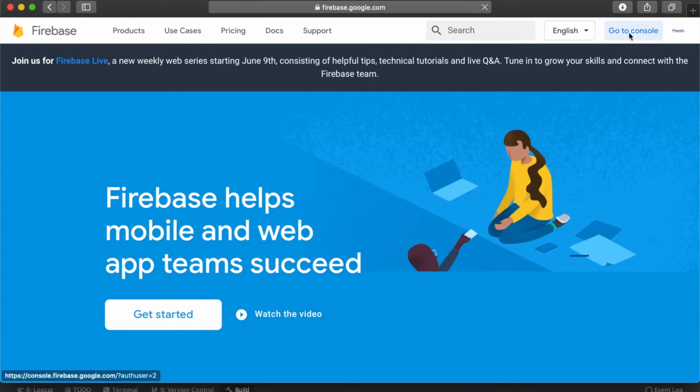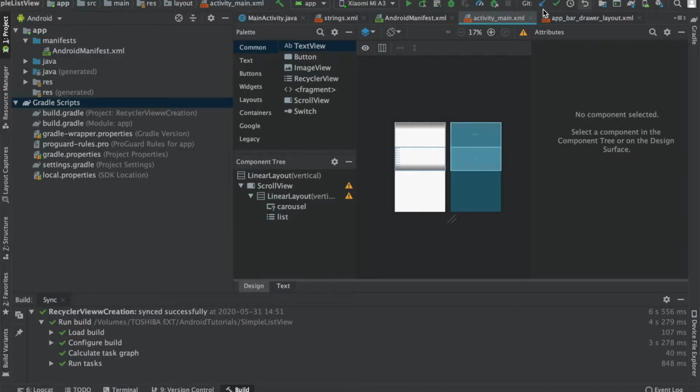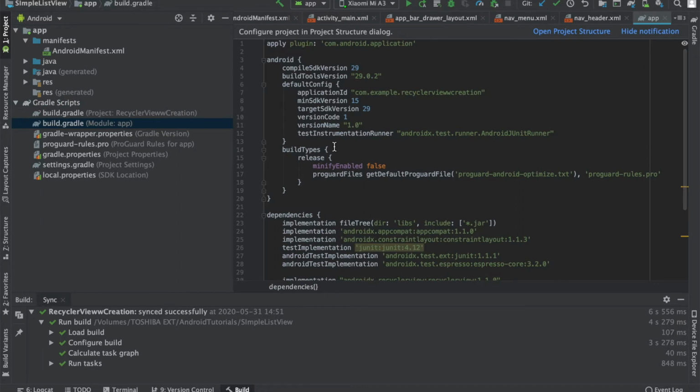So currently you can go to the console, and there you'll be able to have or create an application. So we are going to create an application here. I've already created an application with that. So we're going to start,